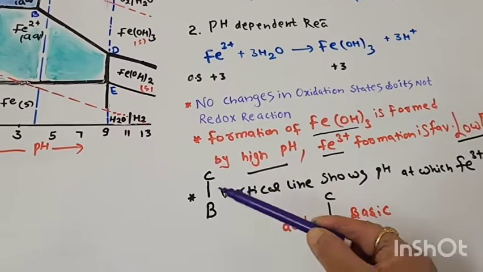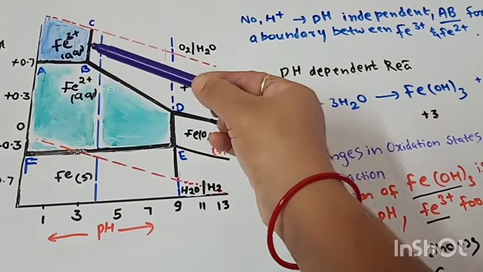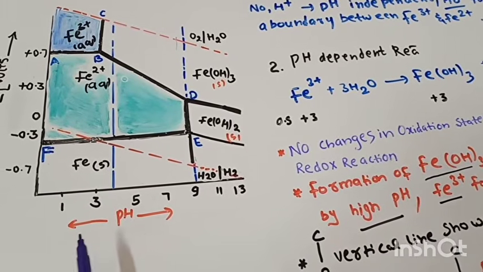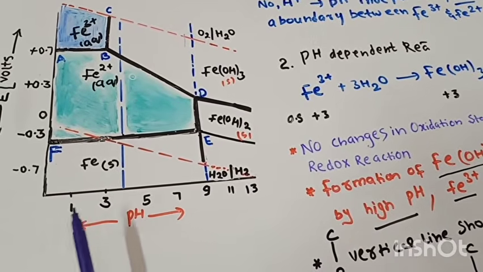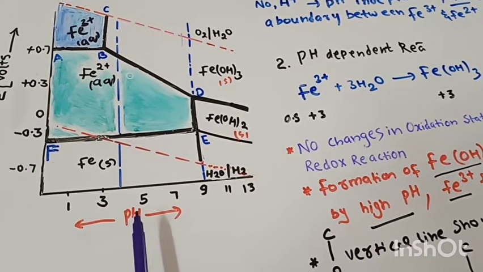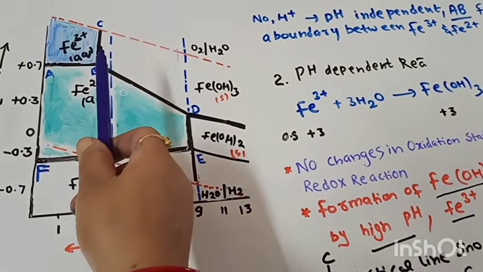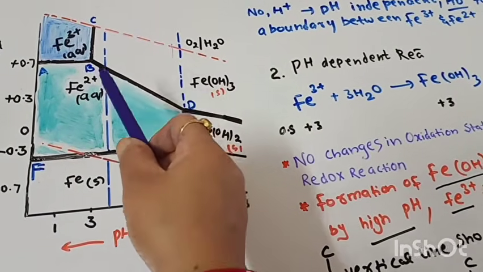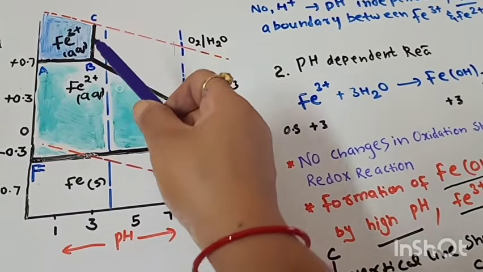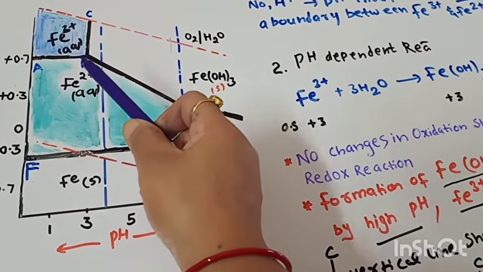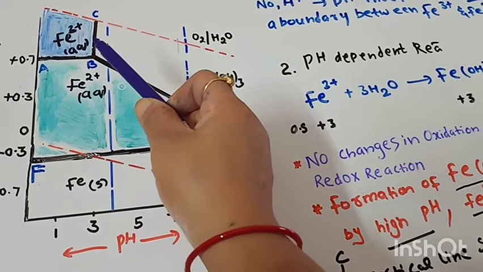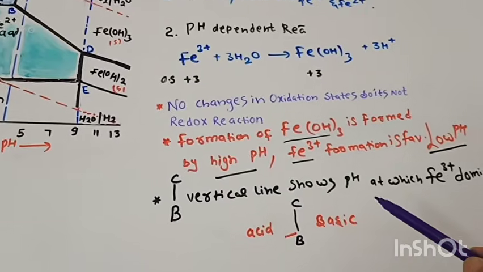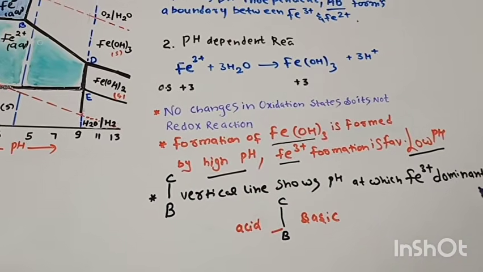How? On this vertical line BC, you will see that our pH scale is towards 3, meaning our acidic side, which is less than 3, towards less than 7, so we are moving towards the lower pH side. And when we see our ferric hydroxide formation, here our pH will be higher. So this vertical line BC is telling us at what pH our ferric ions will be dominant. So we can say that our vertical line BC shows the pH at which the ferric ions will be dominant,